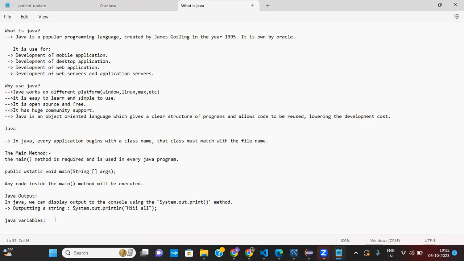When we are declaring a variable, what is the type of that variable we are discussing?